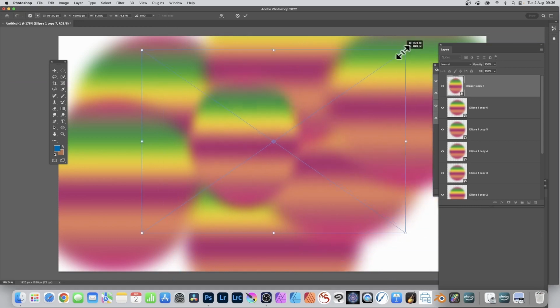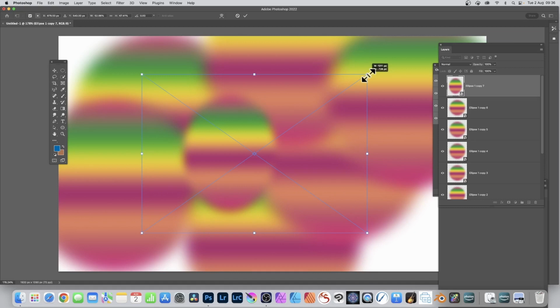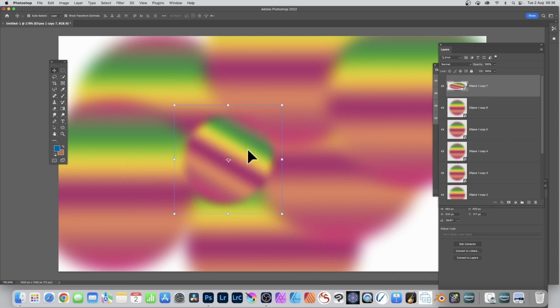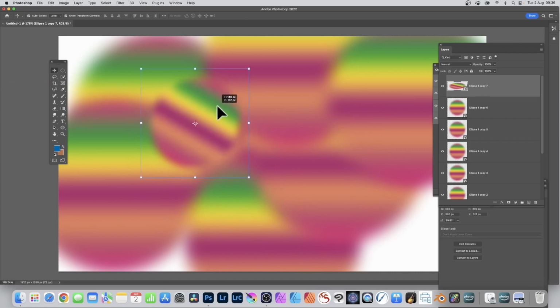And the thing is, these are all linked because they're smart objects. Any change to one will change all the way through. All the effects will change as well. So you can see I can resize it, I can rotate, and then you've got your design there. What you can then do is go and apply additional effects, but you can also use the apply image. You can use this layer with the apply image. You can use any layer with the apply image, but you can also create a new layer